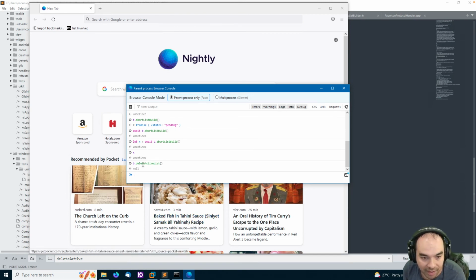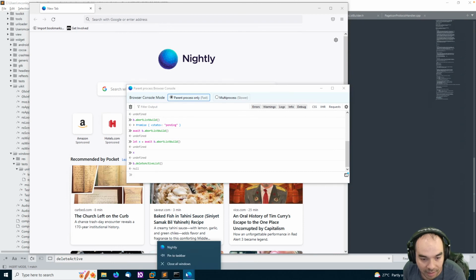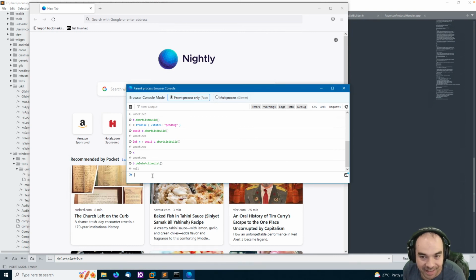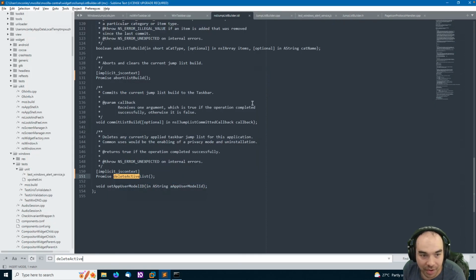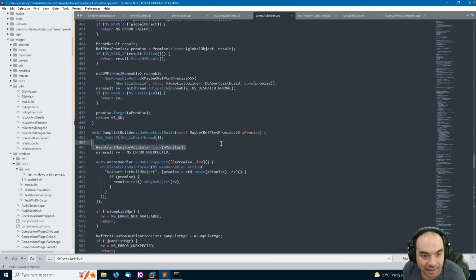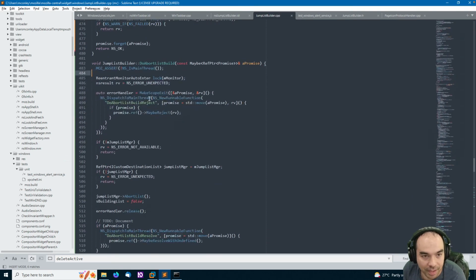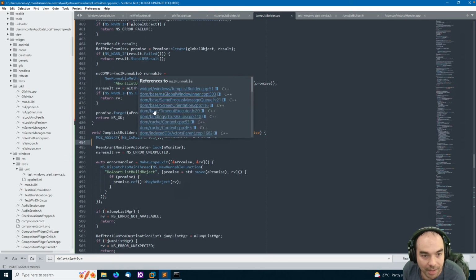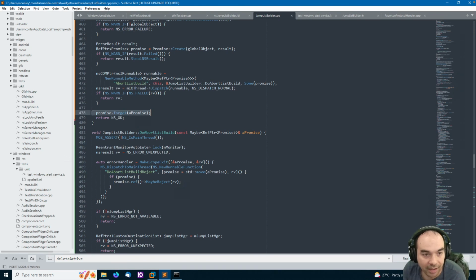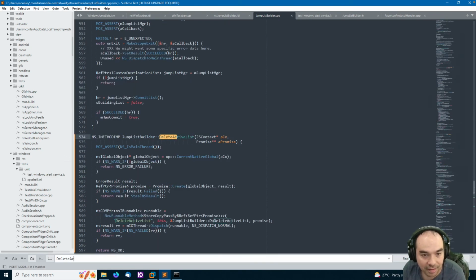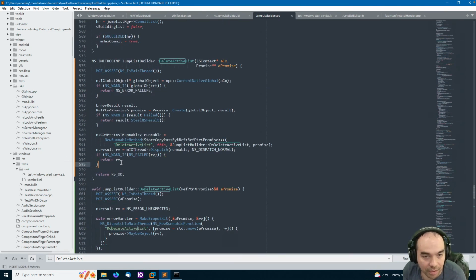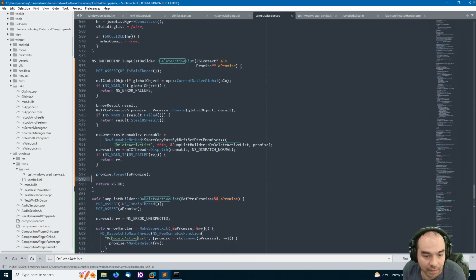Huh, we're accidentally not returning the promise there. But look, everything's gone. That's good. But we obviously want to return the promise, like we do here. So for delete active list, we need to return the promise here.